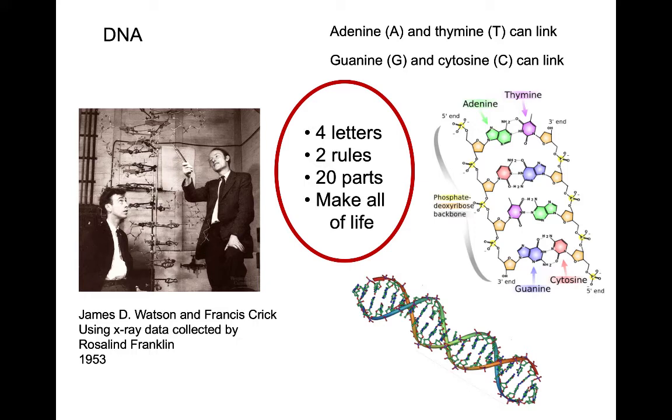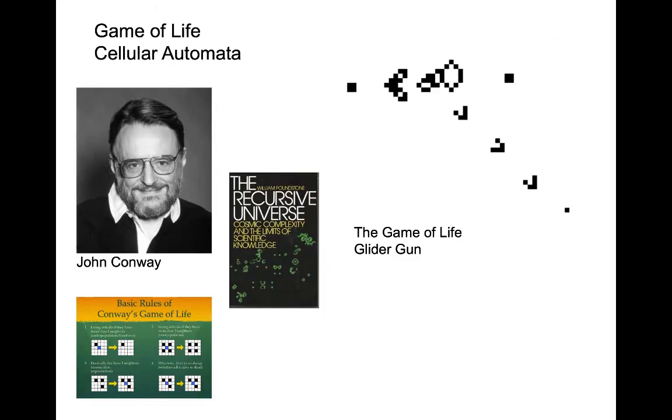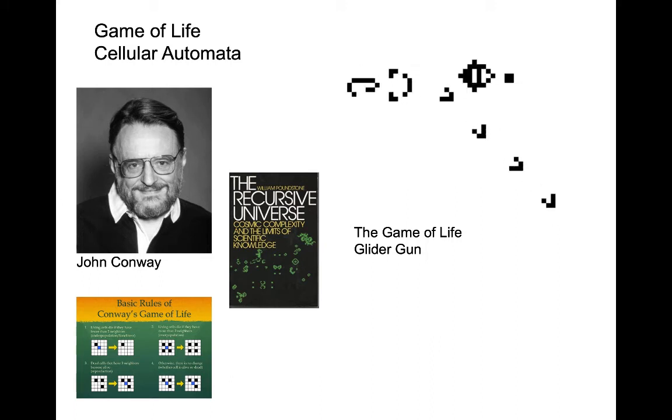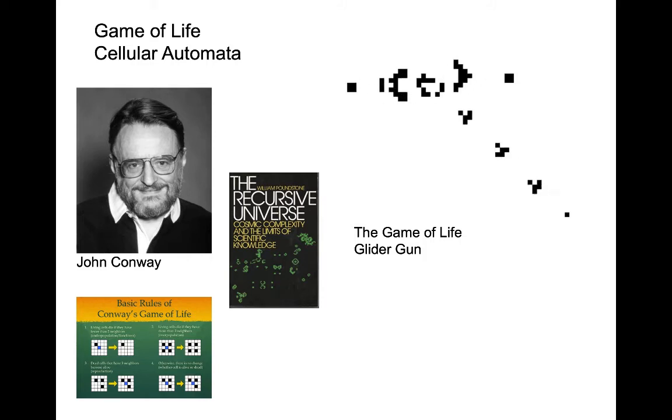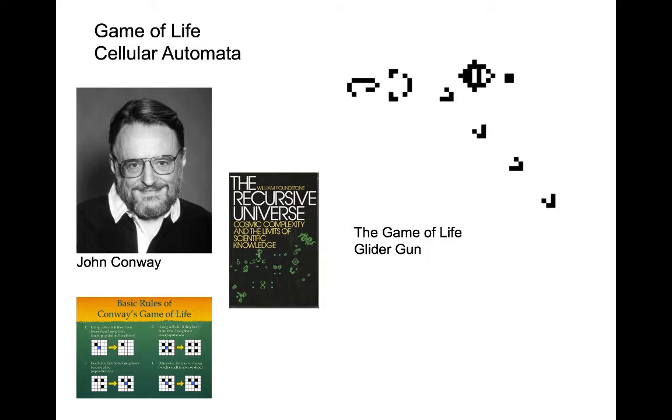Does that suggest something? So here is John Conway, who invented The Game of Life, which is a cellular automata. And this is a brilliant book about the game of life, how it developed, how it unfolded. And this is something that took forever to make. It's a glider gun. So Game of Life is in a grid, like the grid we see here, and then rules for how these black squares are going to iterate. Unfortunately, the grid's not shown here.